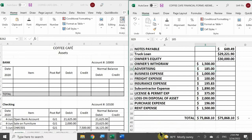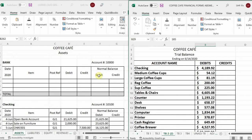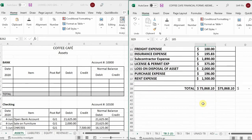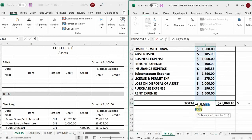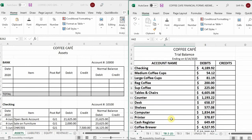So here I have trial balance 2 (2), okay? And this is an exact replica of everything in here. So it's an exact copy, meaning the formulas are also copied over as well. In this case, my equal sum is still there. So this is the best way to do it so that you don't have to type in the same answers again or type in the same cells with the same numbers over again, right? You can avoid that and make this a lot quicker by just making a copy of the spreadsheet and working